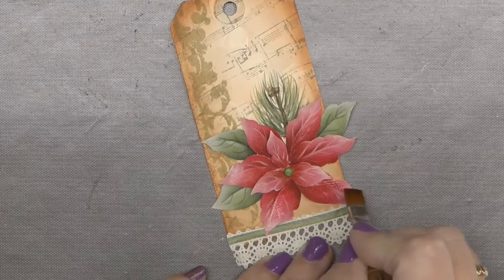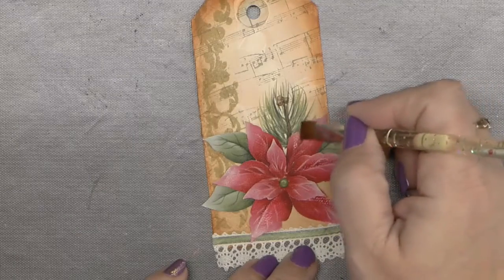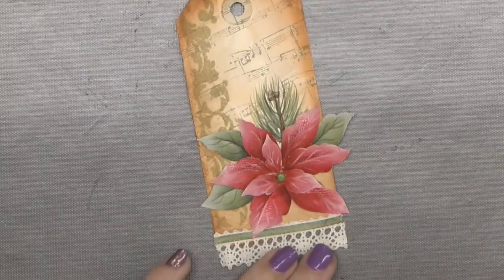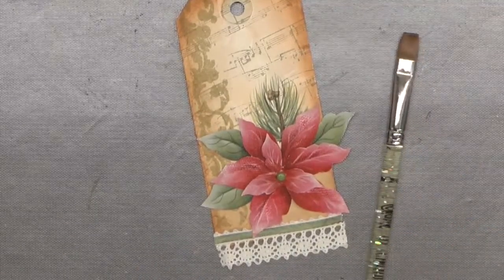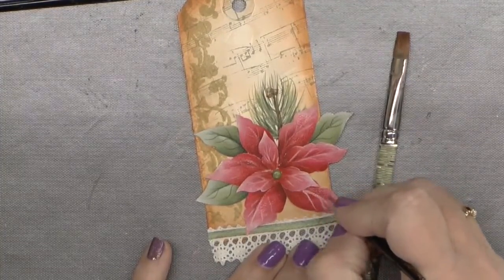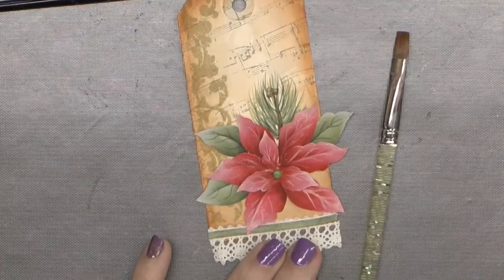Vein lines, and you want to deepen those, go back with your liner. So basically it's evaluate after every time you do a new step. Evaluate and see if you need some areas to be darker or lighter, because you won't know until you assess